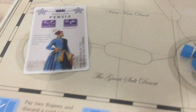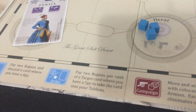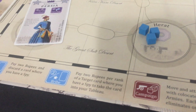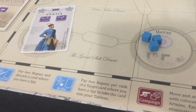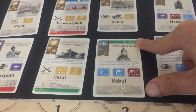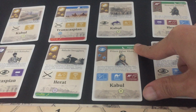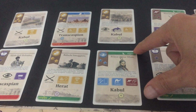I think that the bribe action was interesting, not only because it allowed you to keep the card as well as removing the card from another player. So for example, if you had something with loyalty, or if you had a patriot and the patriot was in the other player's tableau, not only would they lose one, but you would gain one, and that would be basically a 2-point swing there. The other interesting thing is that